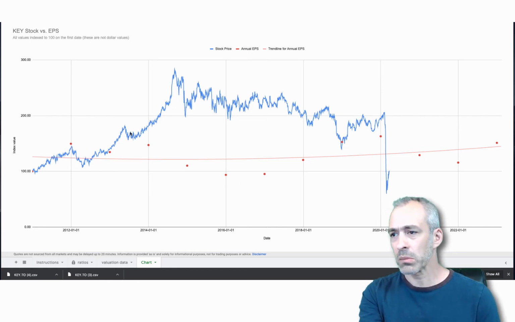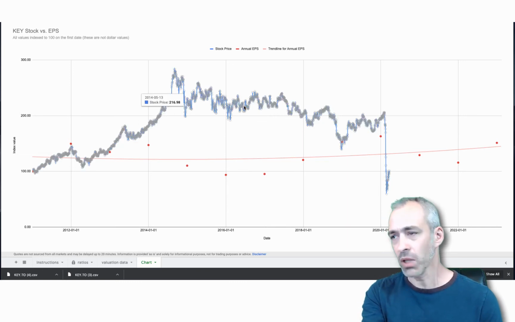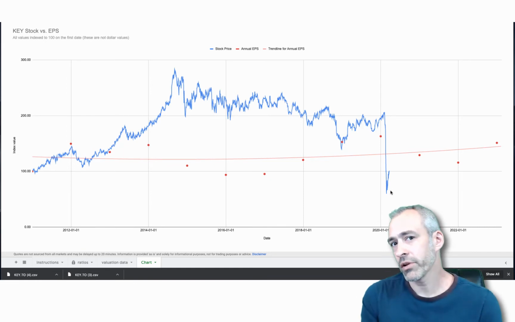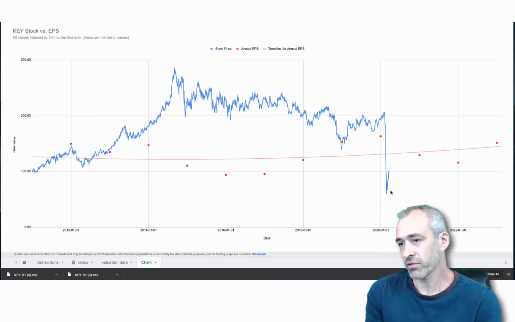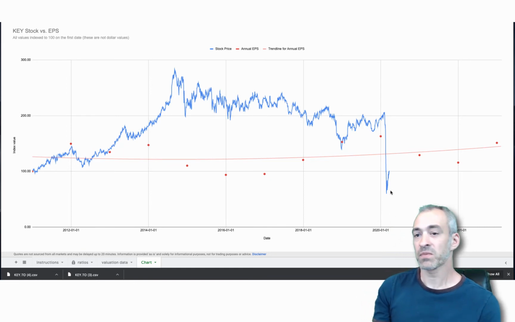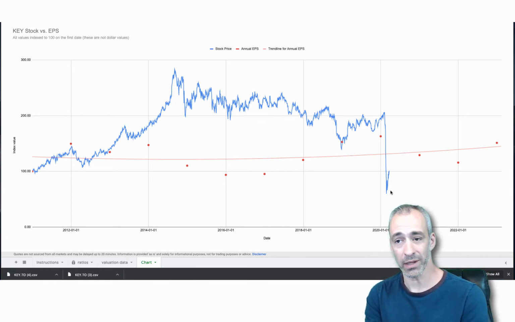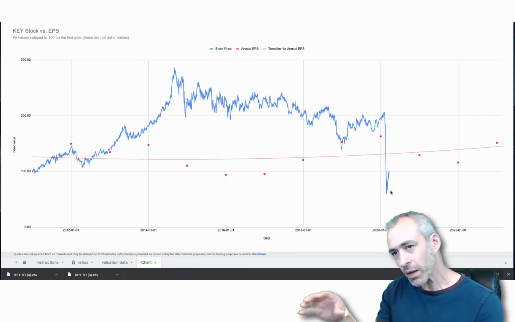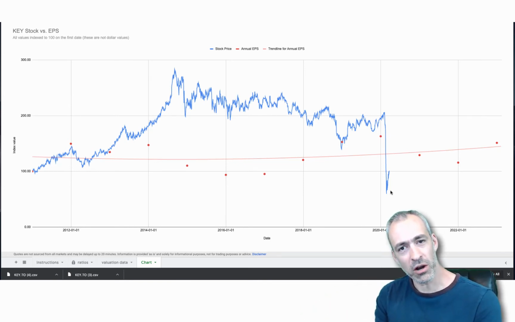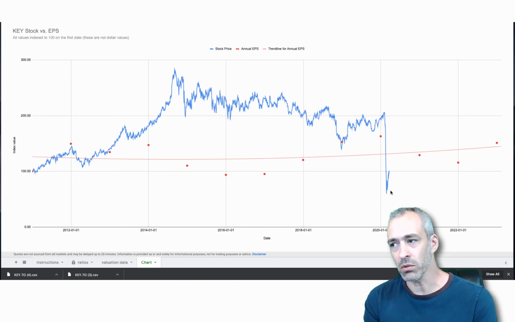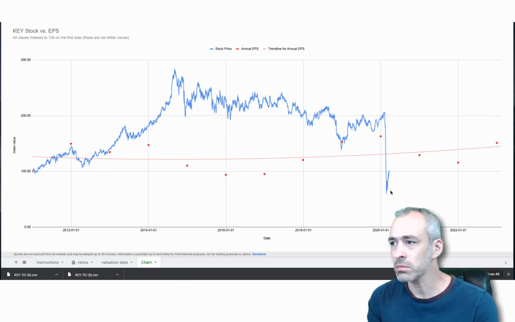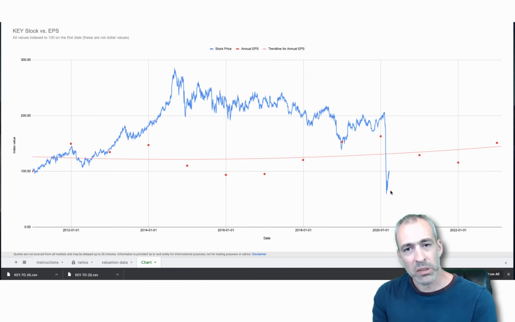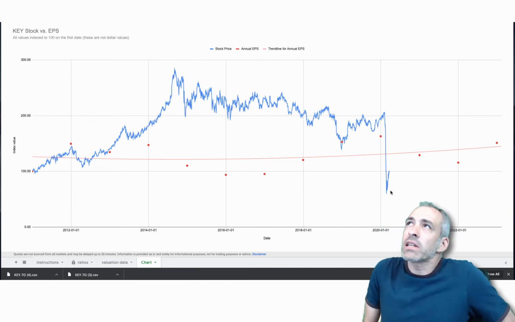But compared to where the red dots have been and the blue line stock price has been, you're in a situation that hasn't been in the last 10 years, except maybe like 2010, 2011. But even then, the stock price was kind of keeping up with earnings per share growth. Now it's well below, right? So this is a tool that gives you a big picture in terms of the types of things that